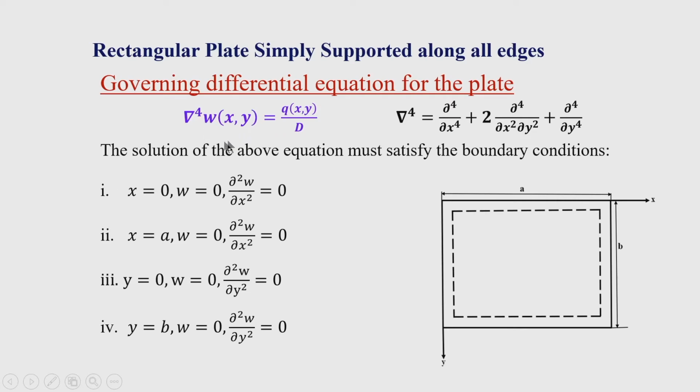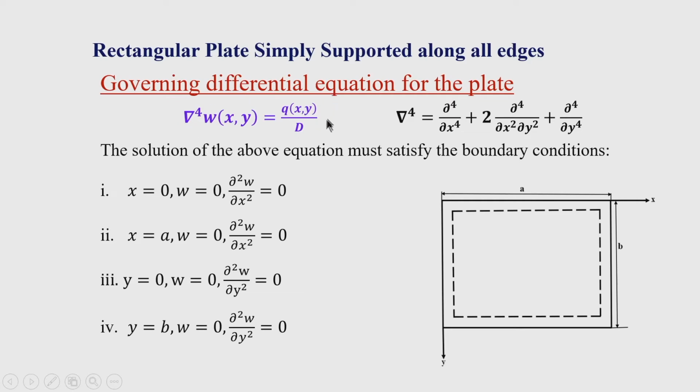You can see here this is a fourth order partial differential equation, and it is also a non-homogeneous differential equation. So, if I consider the linear analysis, then I have to obtain the solution in two stages. First, I have to obtain the homogeneous solution taking the forcing function as 0, and then I have to obtain the particular integral or particular solution, and the superposition of that will give you the general solution. The process becomes lengthy if we follow